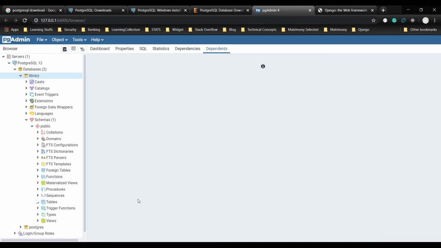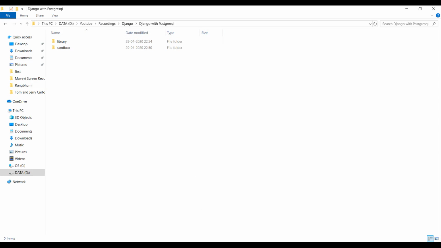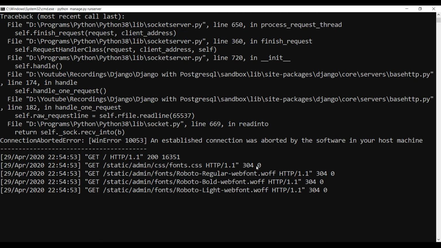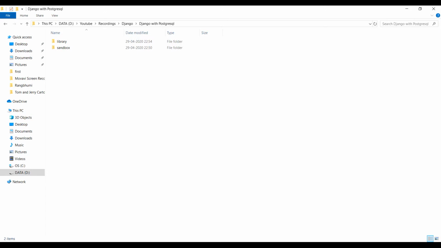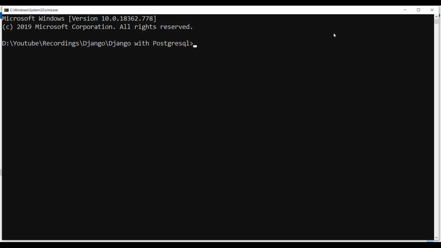So now if I open this one, we don't have any table information yet. In one command prompt my server is running, so I'll open another instance and activate my virtual environment here so that I can work in the same environment.